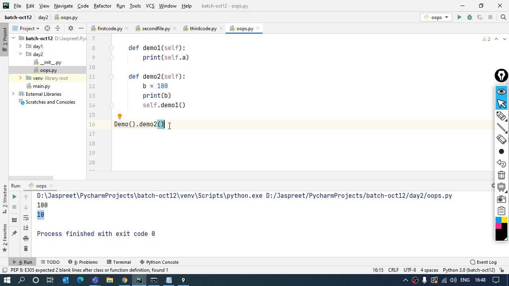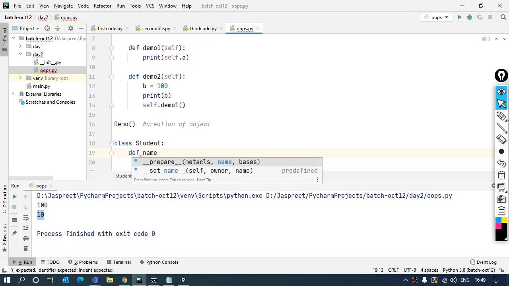Now what is object referencing? Over here things get confused. This, if I remove, this is the creation of the object. This is nothing but a creation of an object. Now suppose I have another class which is going to store the data of some students. Like I have a student class which is going to store the name of the student, the marks, and all that is going to be stored.